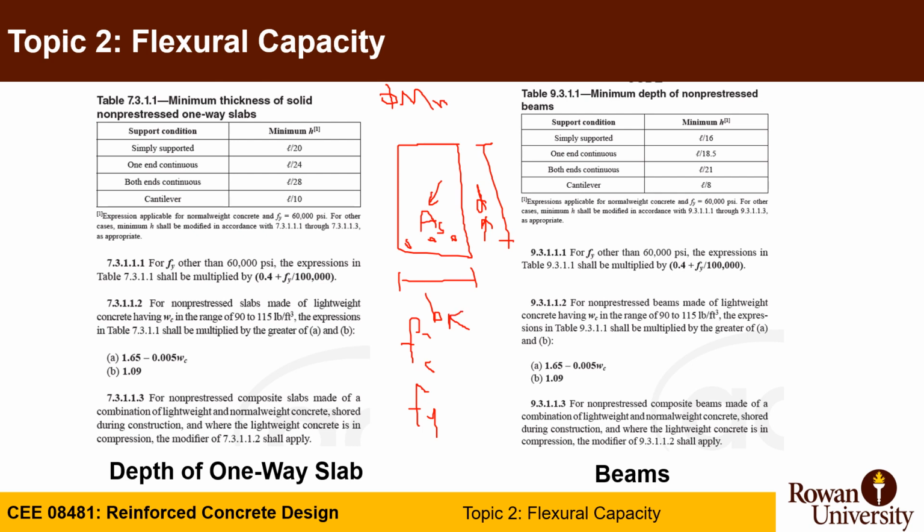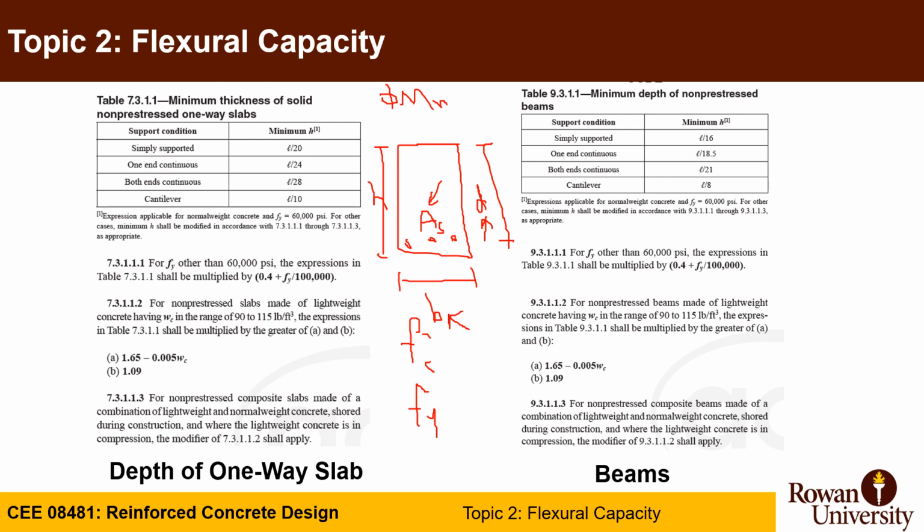So the first few slides here are trying to give you some guidance from ACI on how to calculate the overall depth, not the structural depth, of any rectangular beams or one-way slabs. So here, the h value, which is the overall depth,